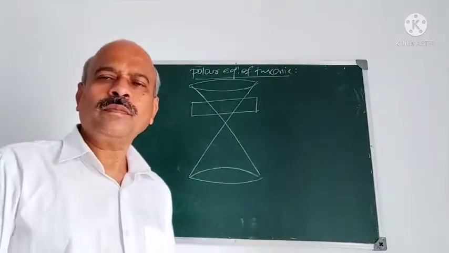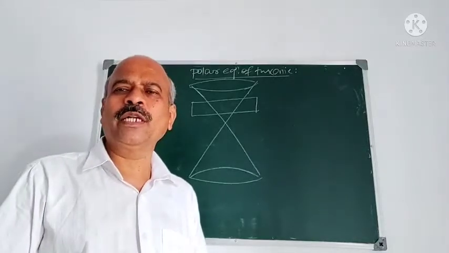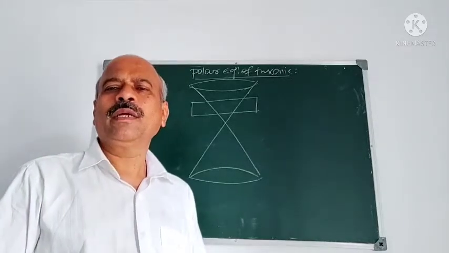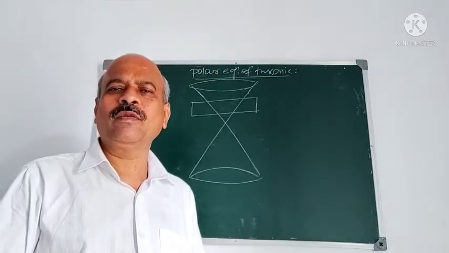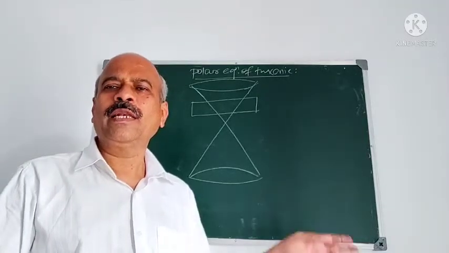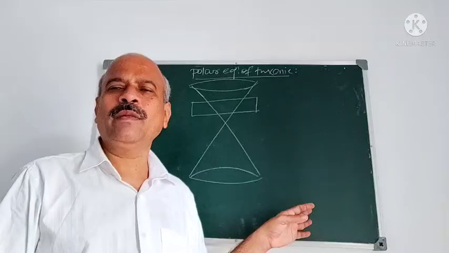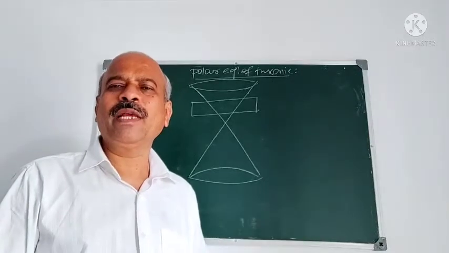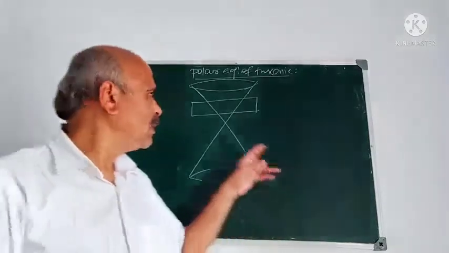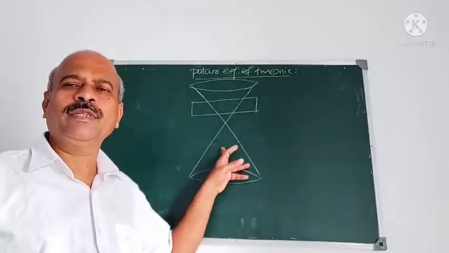Recently in geometry of 3 dimensions you have studied section of a sphere by a plane is a circle. We have proved that one. Analytically we have proved that one. Section of a sphere by a plane is a circle. This is a hollow right circular cone, 3 dimensional it is.